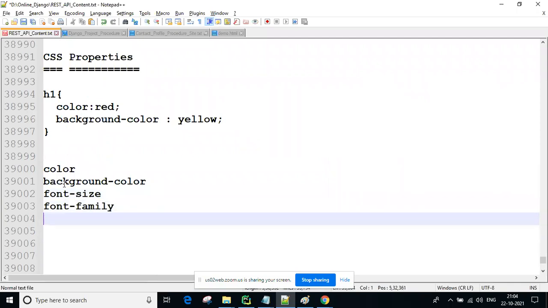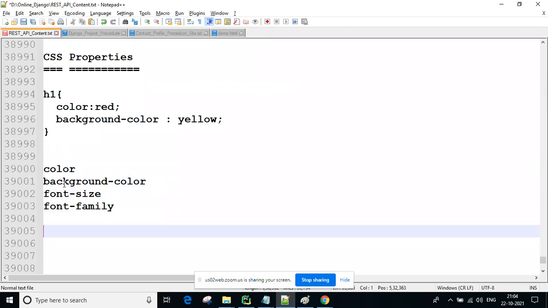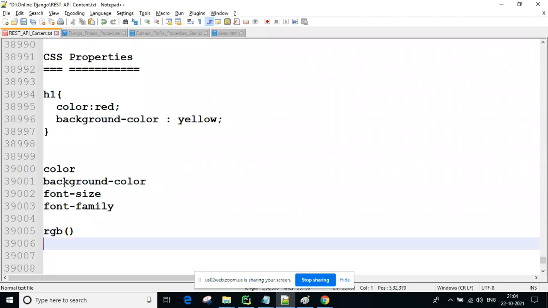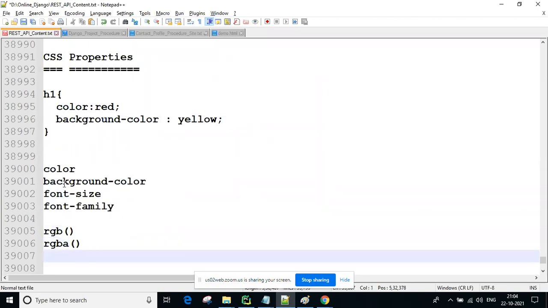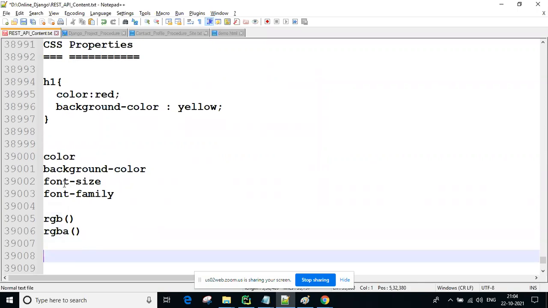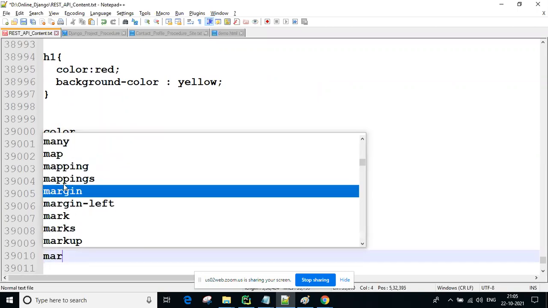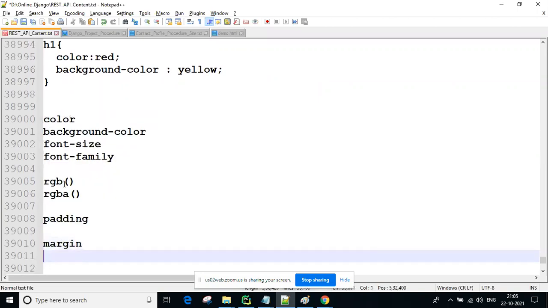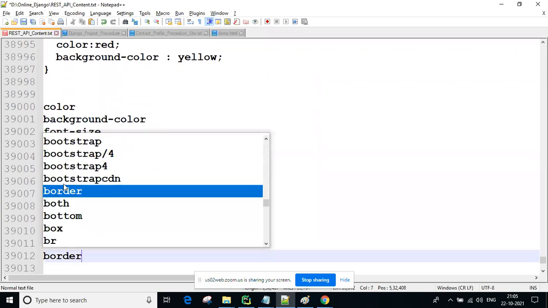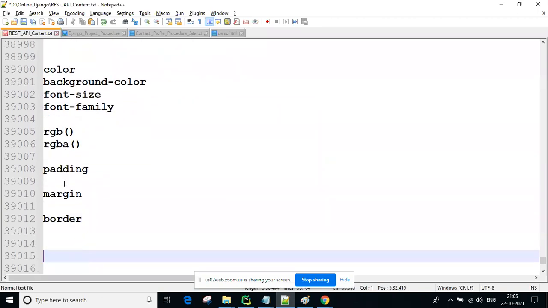Next, using RGB colors, and using RGBA you are writing opacity. And next padding, guys. Different paddings, different margins, different borders there. Next, any other we discussed?